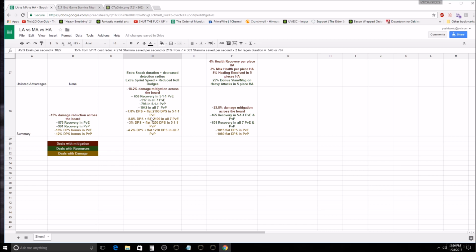And then medium armor's gains are 7.8% DPS coming from our crit chance if we're in 511. Again, the same way I found it in light armor, I just took our crit chance, multiplied it by our crit hit modifier. That gives us our DPS. We get that number. So 7.8% bonus DPS, and then a flat 2100 coming from agility, because that agility,